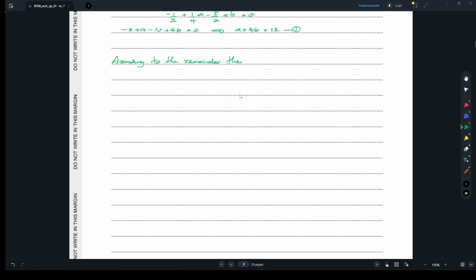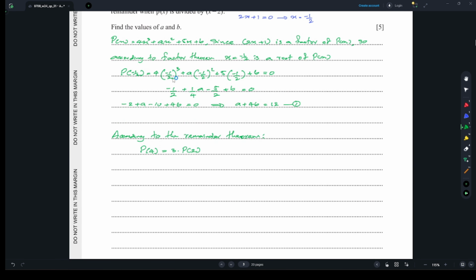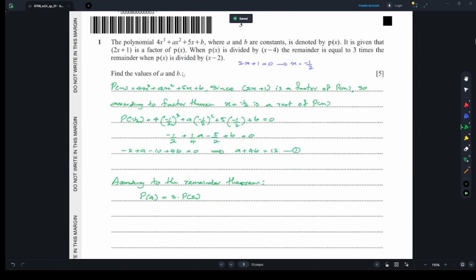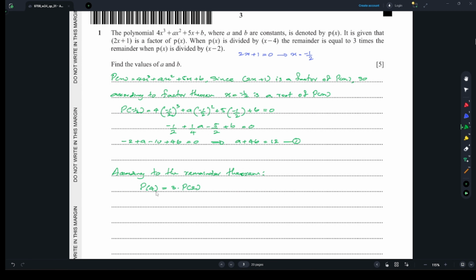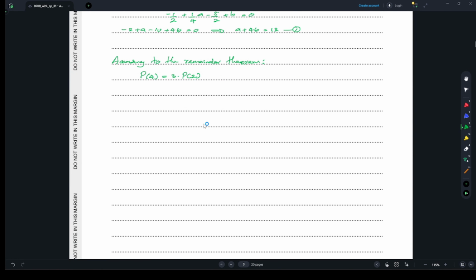Remainder theorem. So we can say that P(4) equals 3 times P(2). Then you can substitute x equals 4 and x equals 2 into these equations. So I can write here 4 times 4 cubed